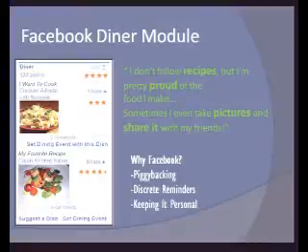All right, so as everybody knows, Facebook recently released their API. This is great for us because all we need to do is piggyback off them. We don't have to develop the social networking aspect of it. So just imagine this module being on your Facebook profile. We have just two pieces of information.